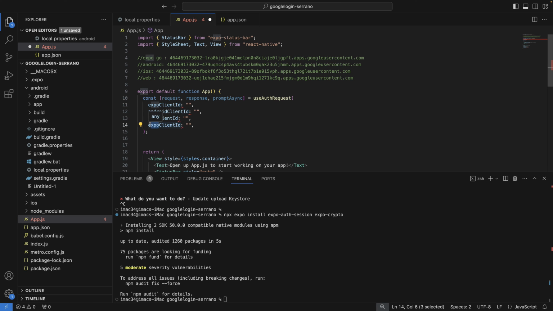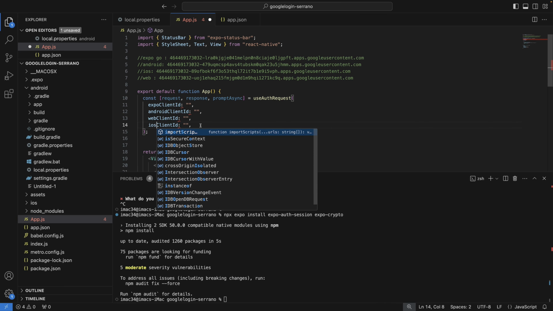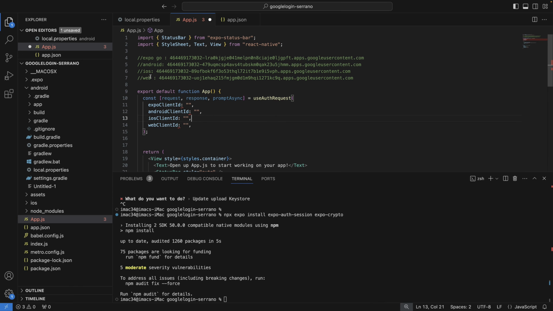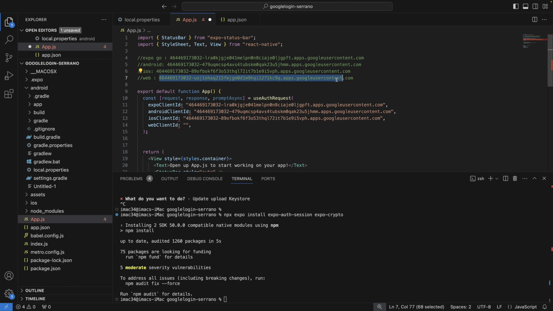And let's also add for iOS. So let's copy the client ID for Expo Go, paste it here, copy the client ID for Android, for iOS, and for web.